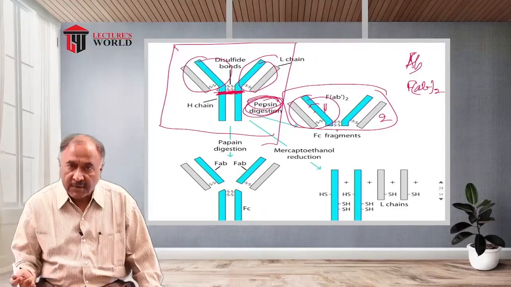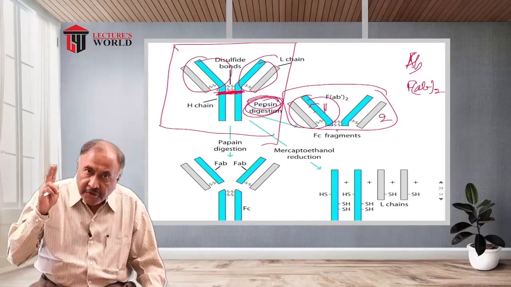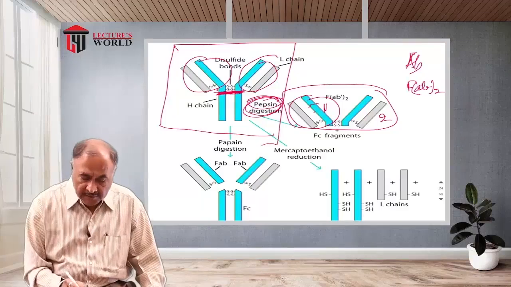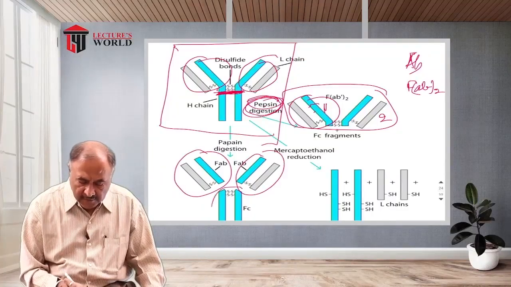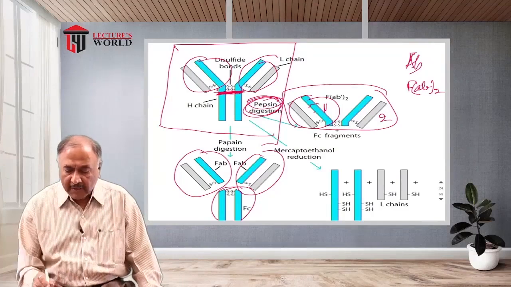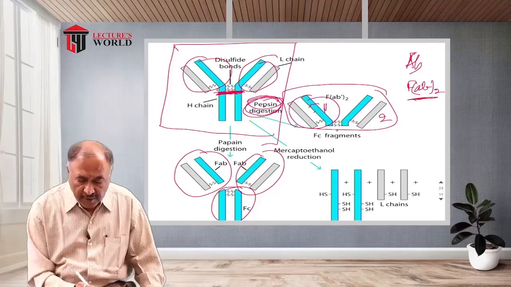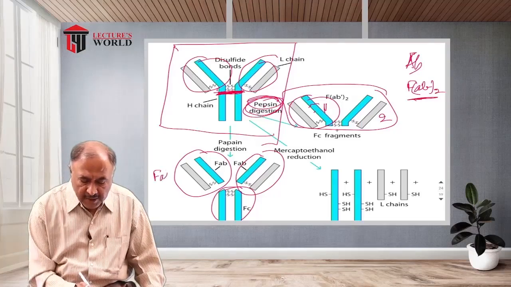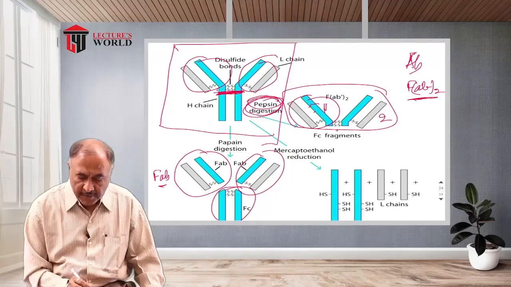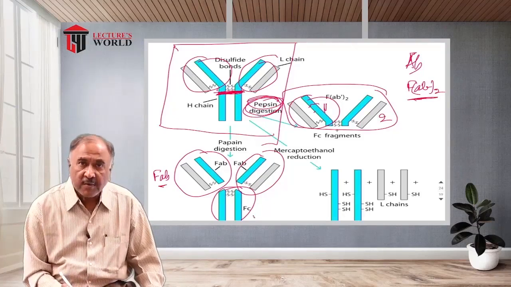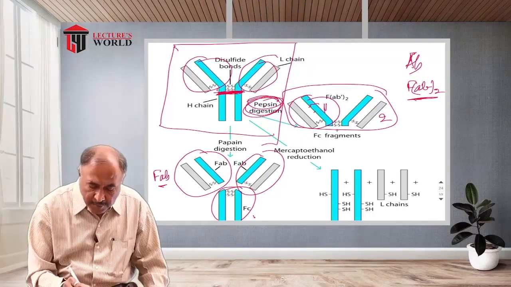When they digested with papain, they obtained three fragments: this was FAB, another FAB, and this FC region. But these FAB regions were not together, and therefore it was known as fragment antibody binding. This is separate and this is also separate, and fragment constant as one, because the mode of action of papain